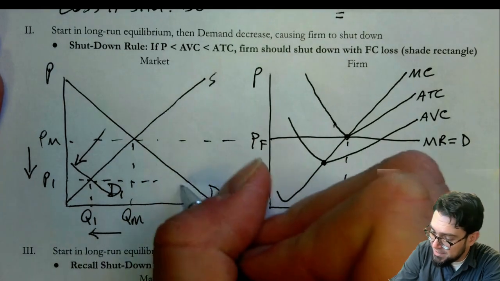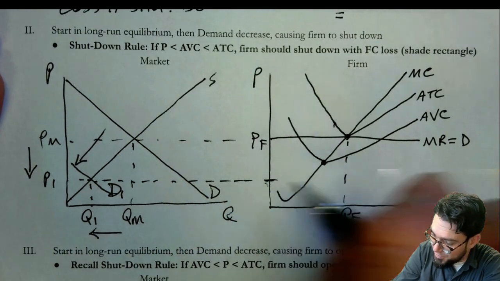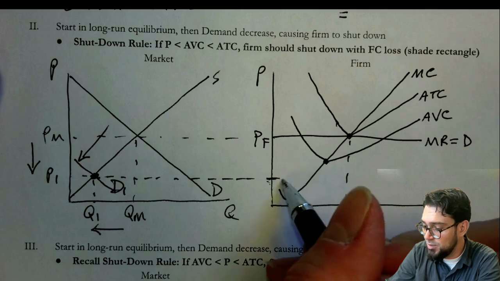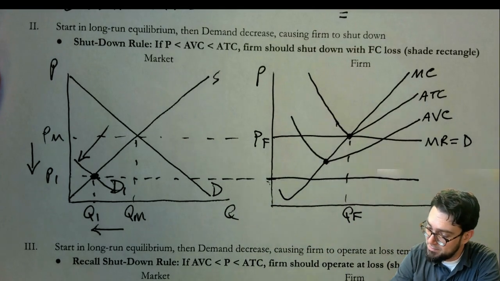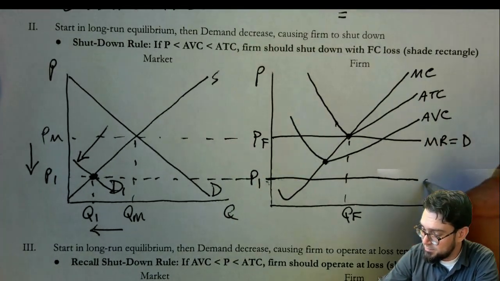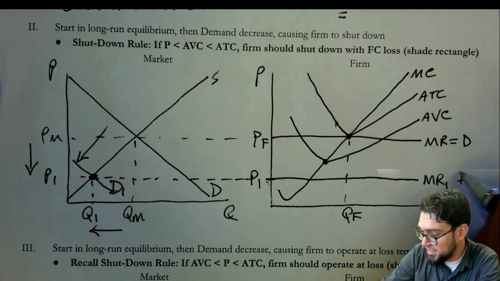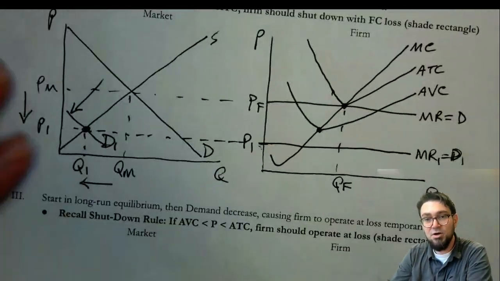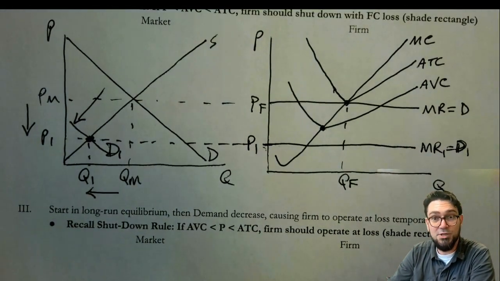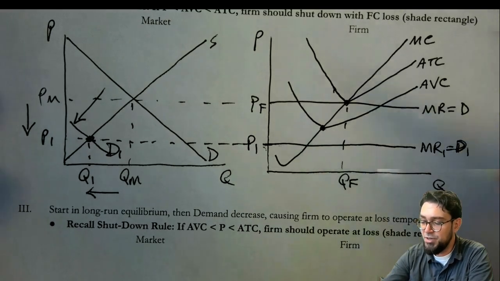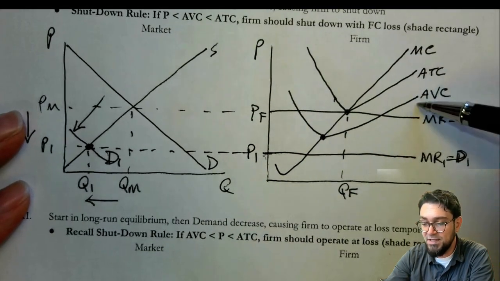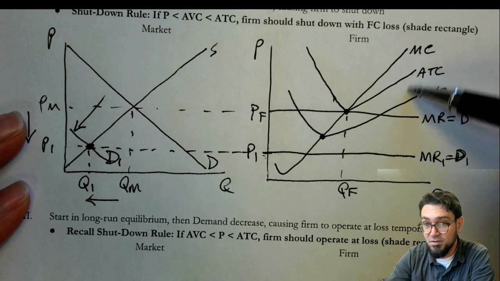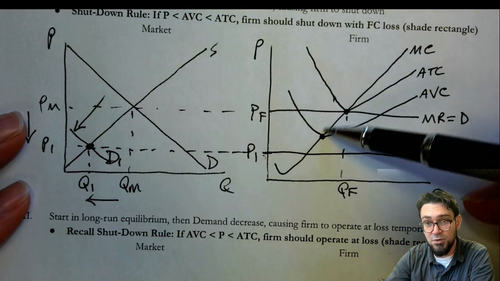And if we extended that over, all the way over to here, and notice that I made sure that my equilibrium here is below that AVC, then this new P sub 1, and this new marginal revenue and demand 1, is actually going to cause this firm to shut down. Now, there's a couple of ways we can show the loss in this scenario. You can actually pick any vertical in between the ATC and the AVC, so any vertical line here, and make it the start of your loss rectangle.